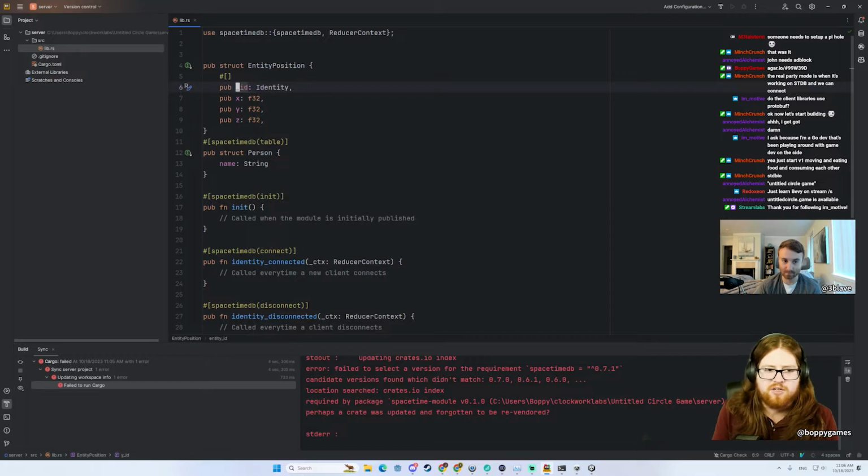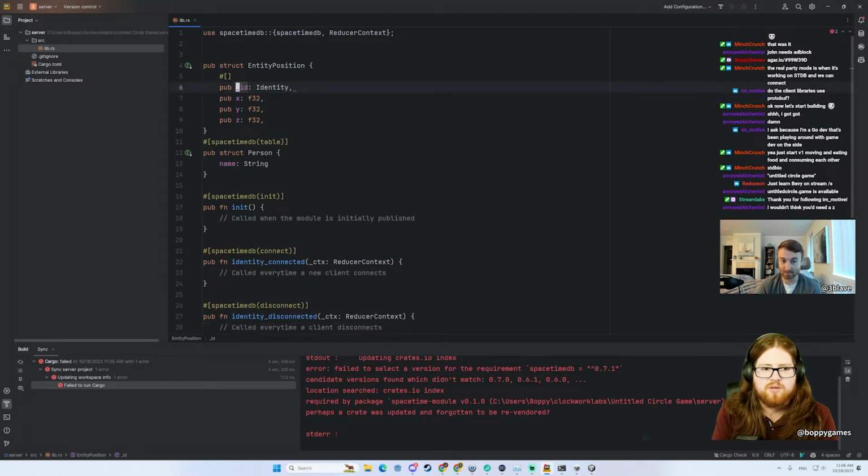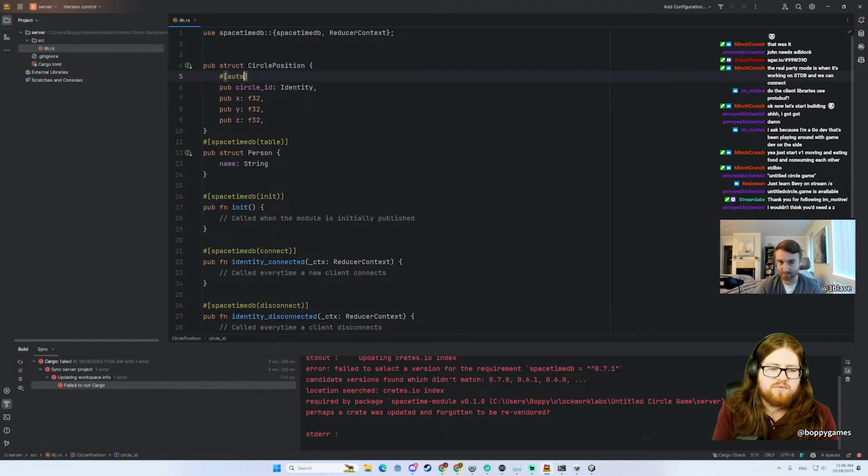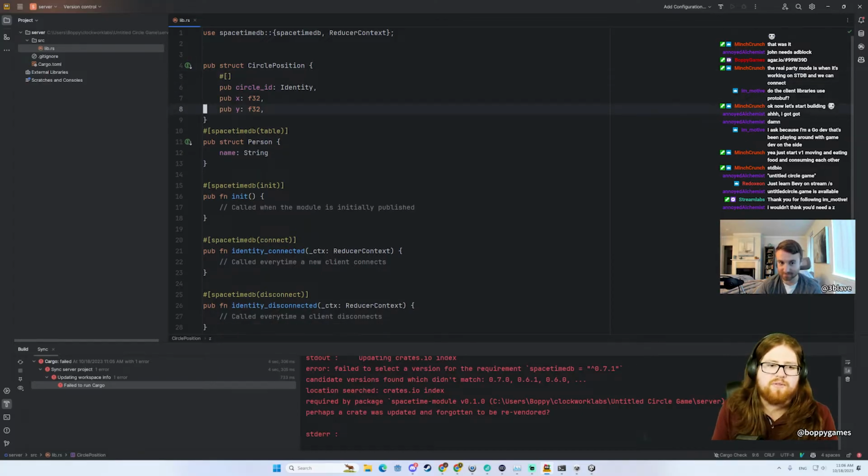Should I still call this entity ID, or do you want to call this player ID or something? I would just call it circle, and I would have everything. No, sorry. I would just have a circle. But I would not even have a position. I would just have a circle. So it would have X, Y, Z, and size. Oh, sorry. We don't even need Z. X, Y. And then